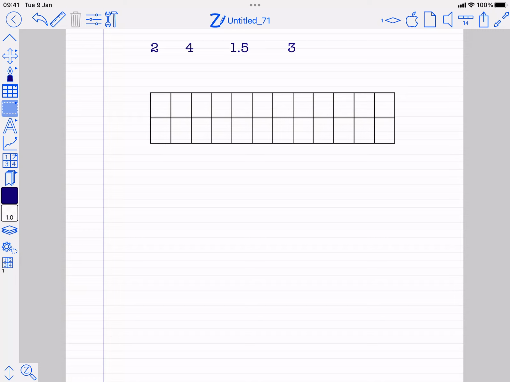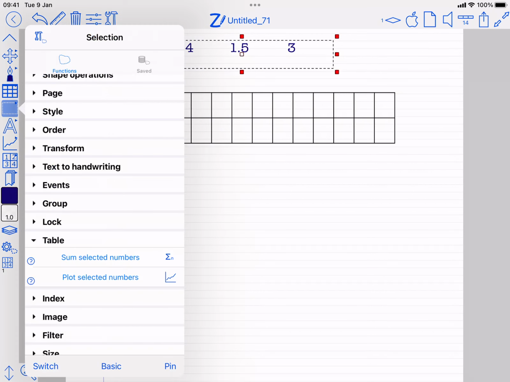This is a video on how to plot values in ZoomNotes. There's a simple way, which is just to have some text with numbers in. So I've got 4 bits of text there. I can select them all, and then I can choose from the table menu in the selection functions, plot selected